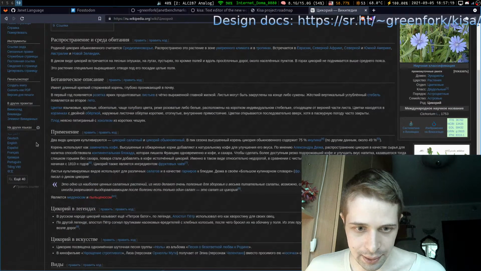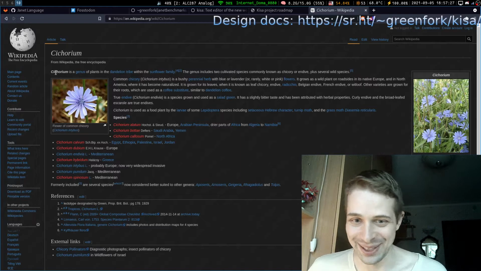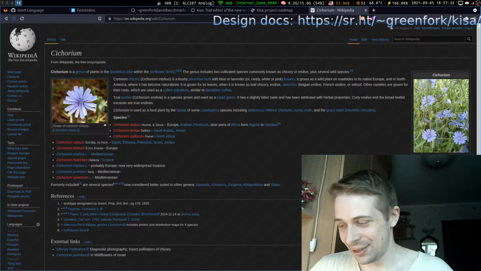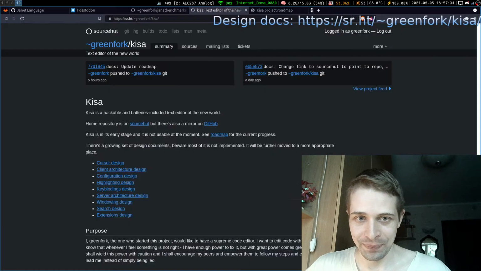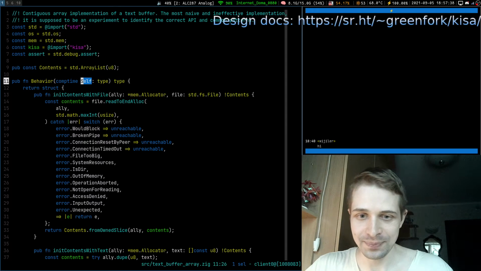Tsikorium, and in English it will probably be Cichorium. Okay. Tsikorium, it's a drink like a brown powder. Very tasty. At least for me.